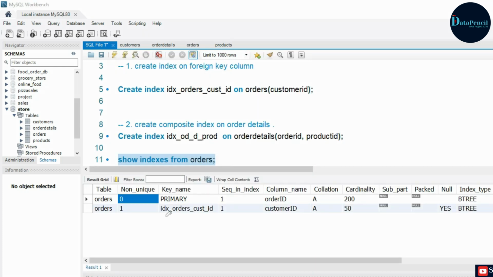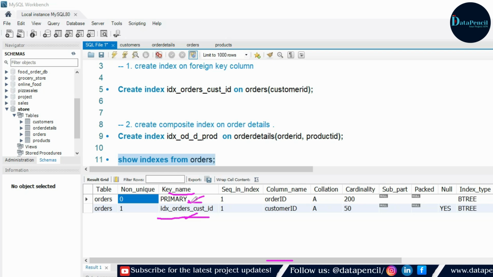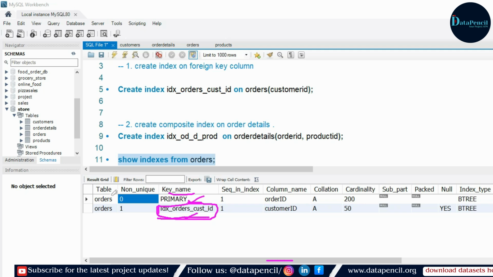So here you can see that key name is written, and here it is written PRIMARY and index order customer ID. This index is what we have created just now. And this PRIMARY means it is a primary key. When we declare any column as a primary key, SQL automatically generates an index on that. And this is the index that is created by us. So these are the two indexes in the orders table. Right, now